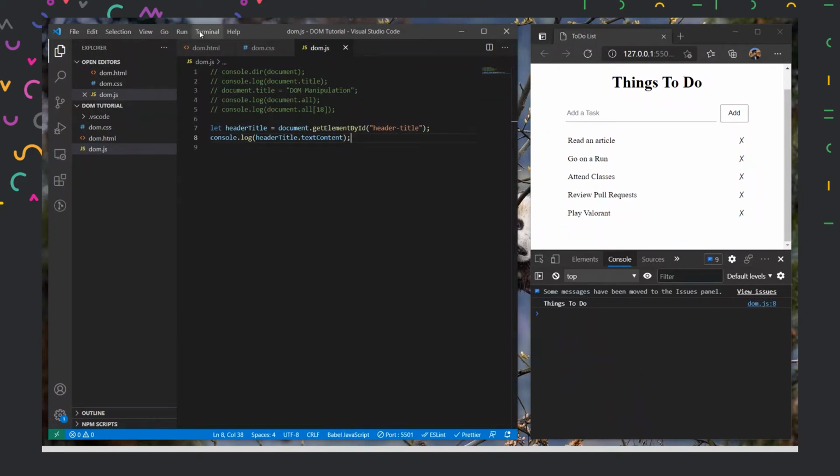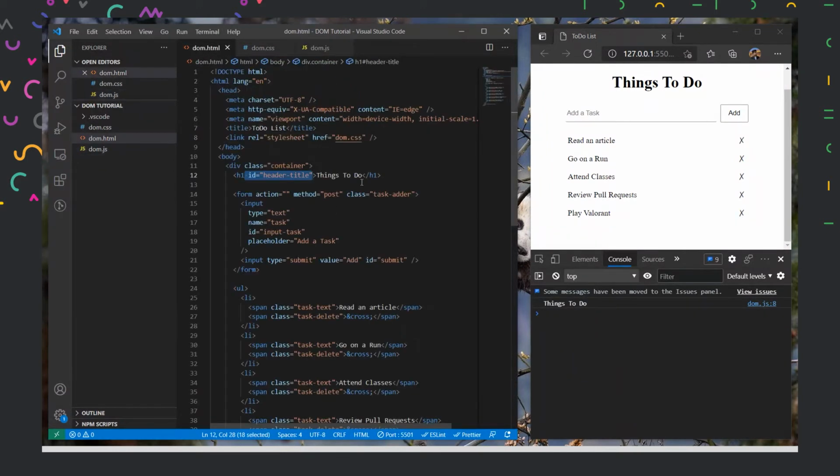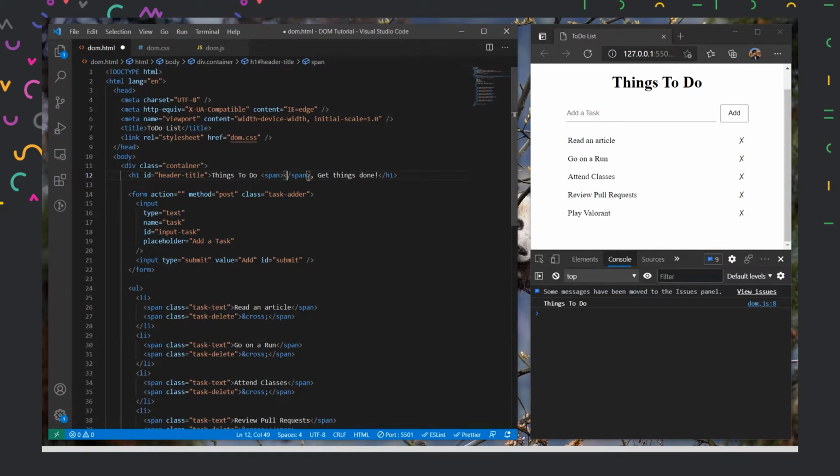But let's say we have some properties defined inside our header title. So if I add a span element here, an inline element here, and I type get things done, and if I save it, all these elements will be displayed inside it.